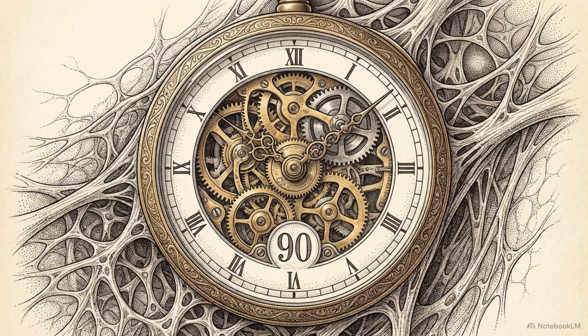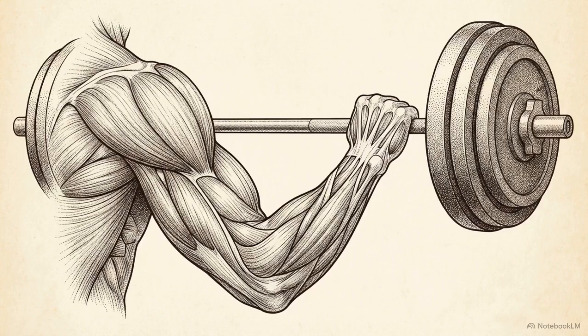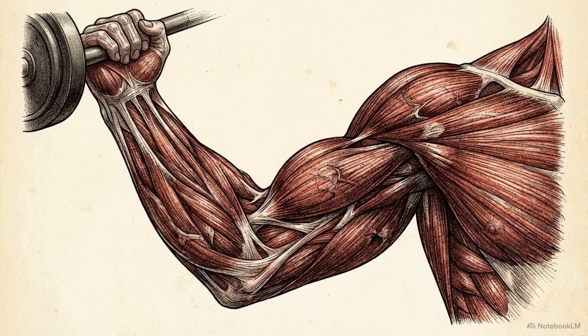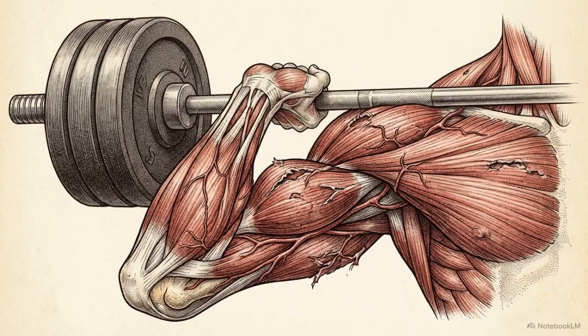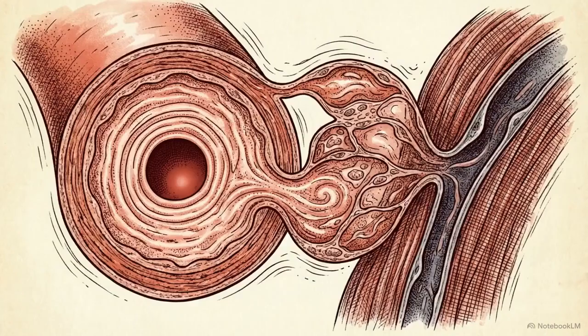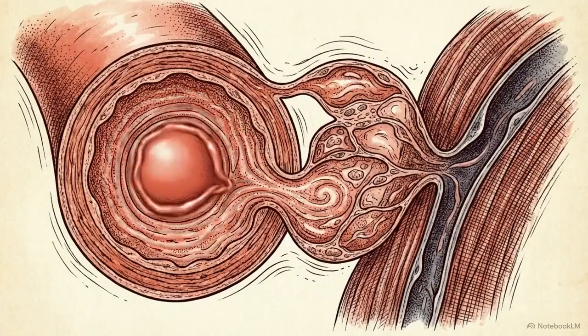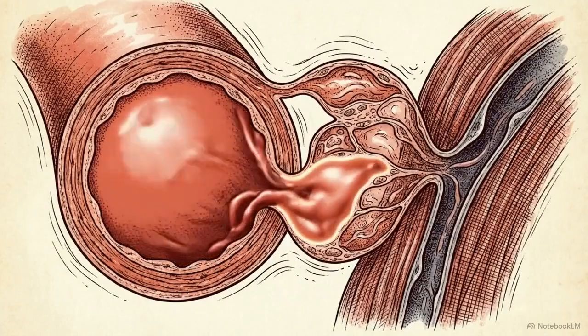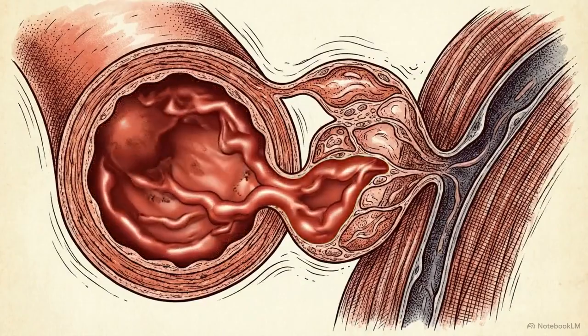The second variable, the 60 to 90-second rest interval, manipulates vascular dynamics. 3 minutes allows full strength recovery, but entirely dissipates the metabolic stress. 30 seconds of rest maintains stress, but destroys force output for tension. A 60 to 90-second window creates a vascular trap. Exiting veins remain compressed by residual muscle tone, but arteries continue pumping blood into the tissue.